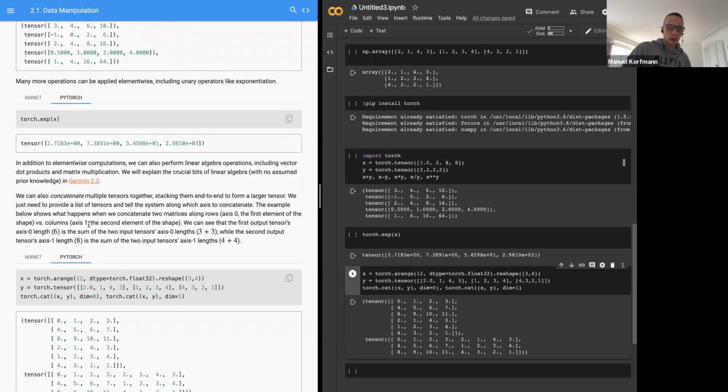The example below shows what happens when we concatenate two matrices along rows. Axis 0, the first element of the shape, versus columns. Axis 1, the second element of the shape. You can see that the first output tensor's axis 0 length is the sum of the two input tensors' axis 0 lengths. Okay, so the first output tensor's axis 0 length